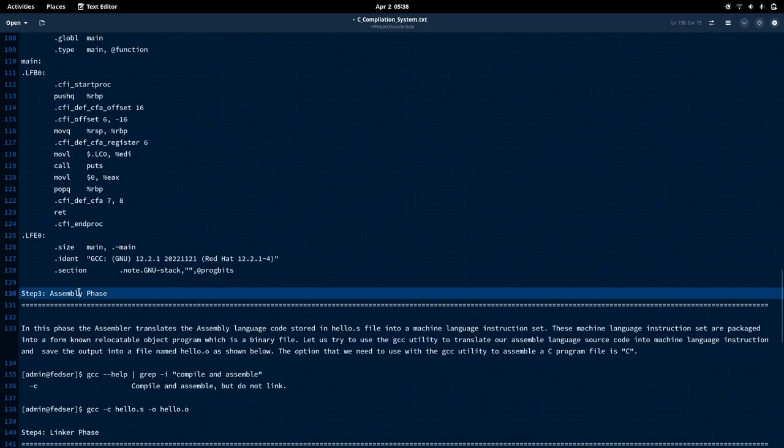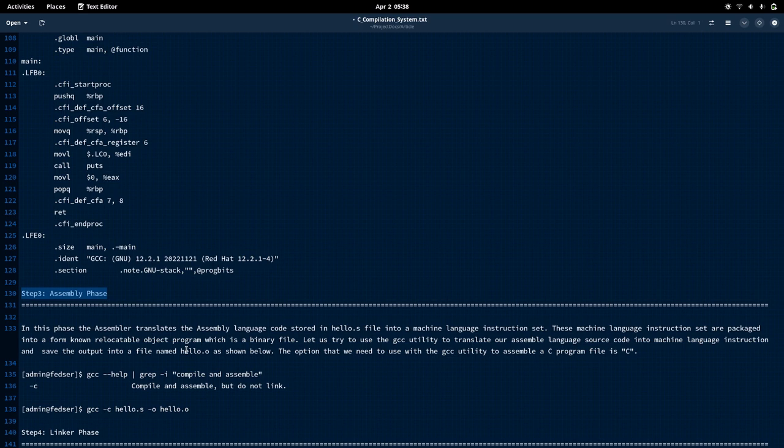Now let us go into our step 3, that is the assembly phase. So here, in the assembly phase, it takes the assembly language code that we have generated in step 2 and converts that into machine level instructions which are understandable by a computer system.